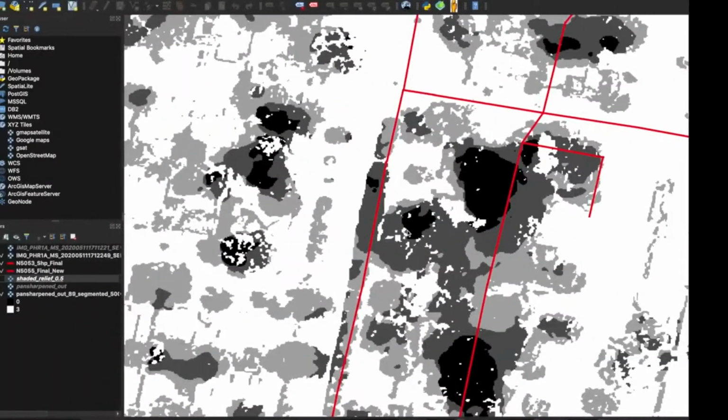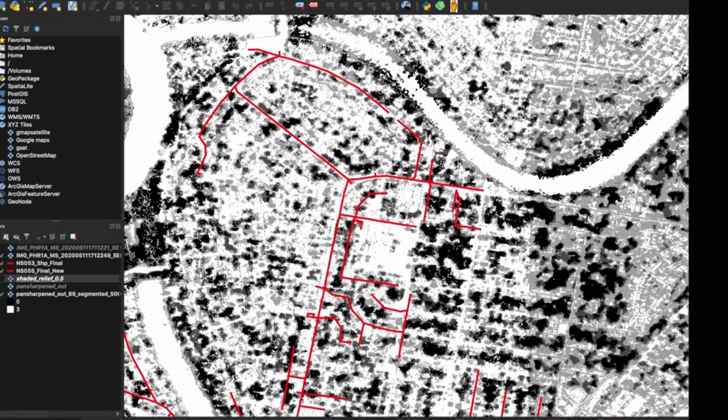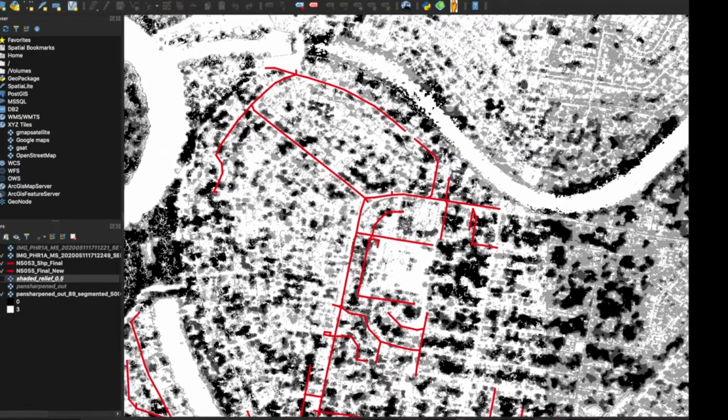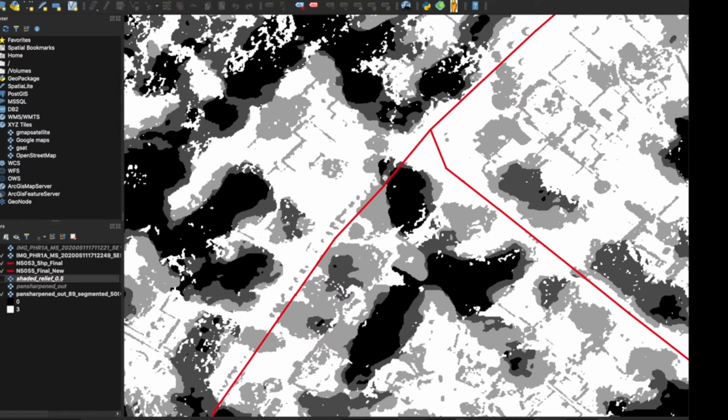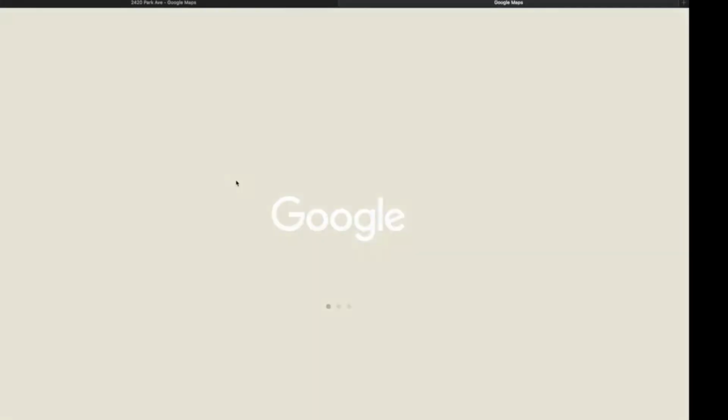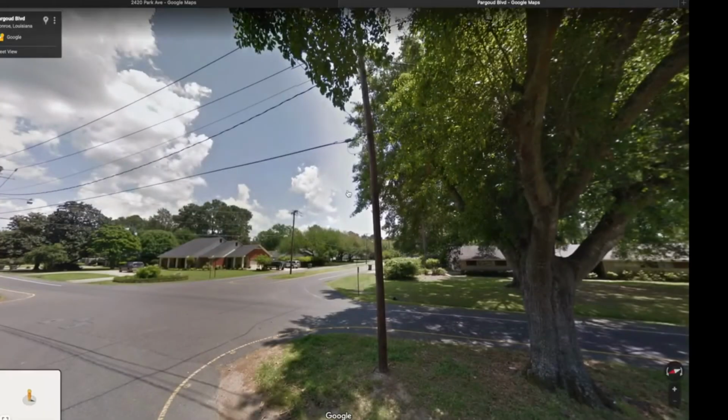Now, seeing a similar example, let's visualize a tree which is above 9 meter height. Say we take this instance. Here the model is saying that the distribution line is passing through a tree which is above 9 meter height. As you can see, this is a black region, and a black region signifies that the tree is above 9 meter height. When we try to validate this on Google Street View, we get a similar example.